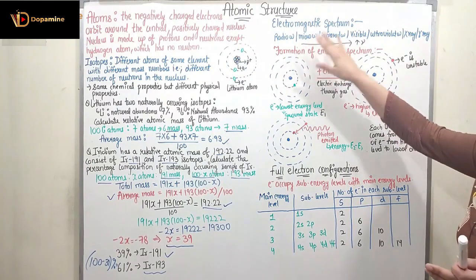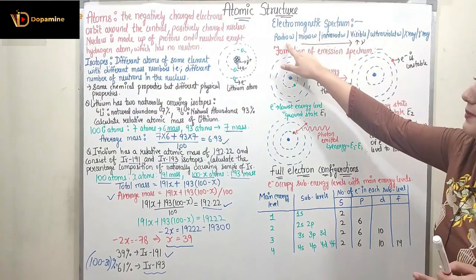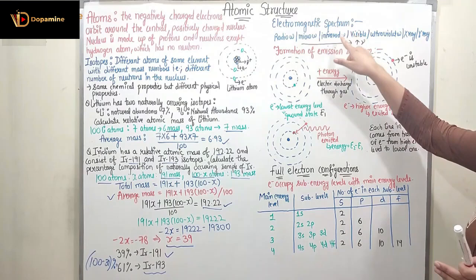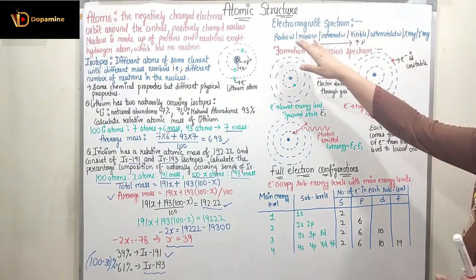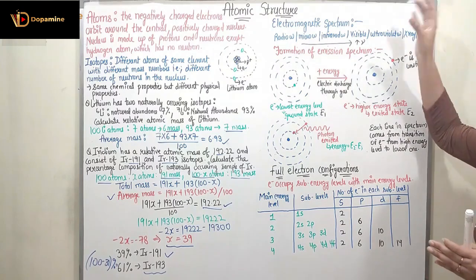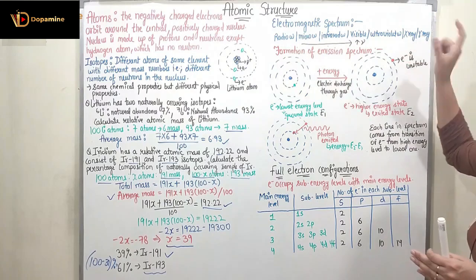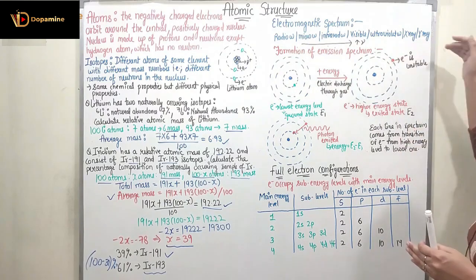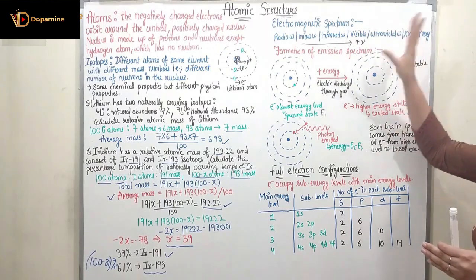We will be having different radiations, with different frequencies and wavelengths. First we will be having radio waves, then microwaves, infrared waves, visible, UV, X-rays and gamma rays. So these are the different waves which are differentiated based upon the frequency. If I move from radio to gamma rays, we are increasing the frequency. But if I am moving from gamma to radio, we are increasing the wavelength, right?